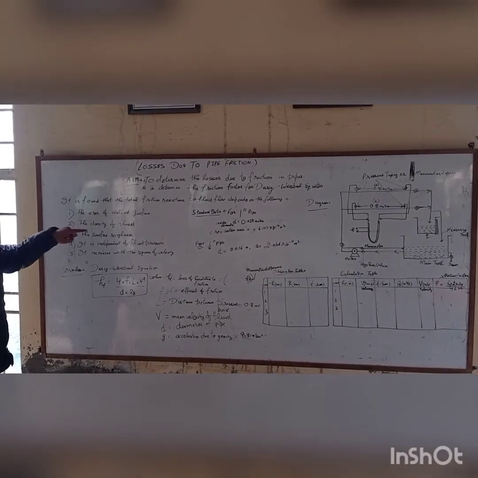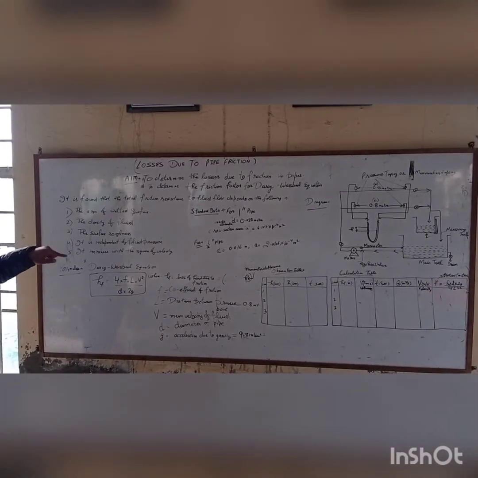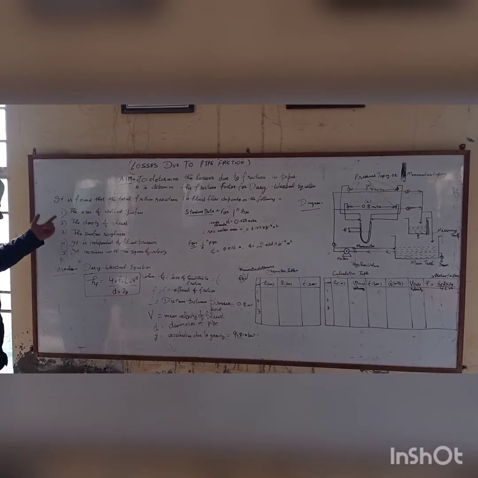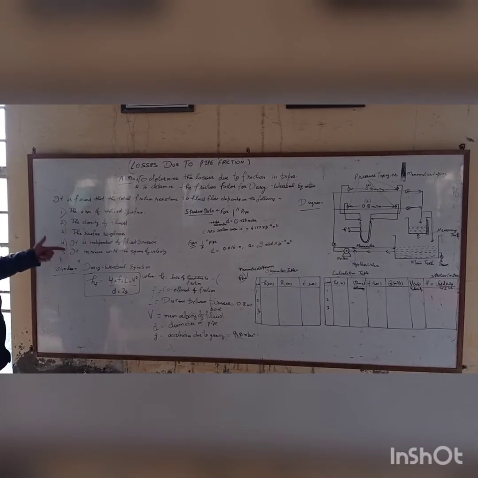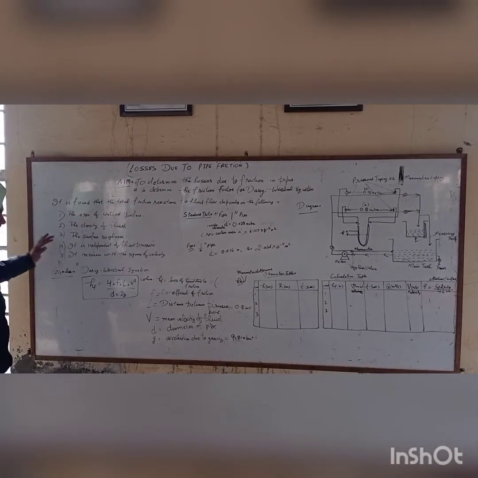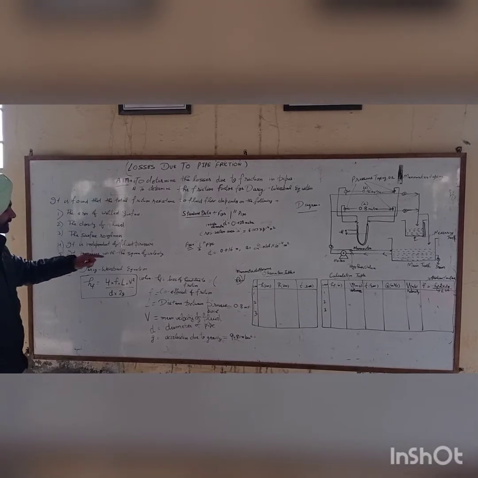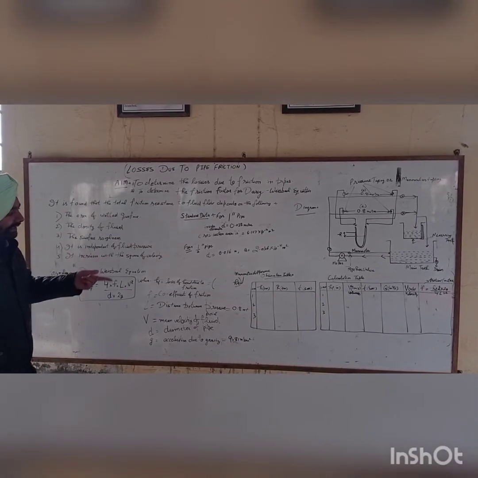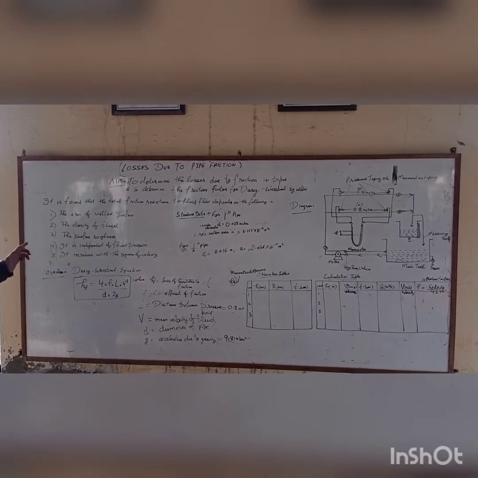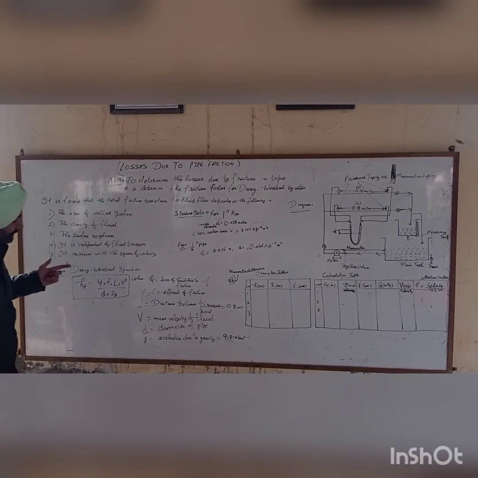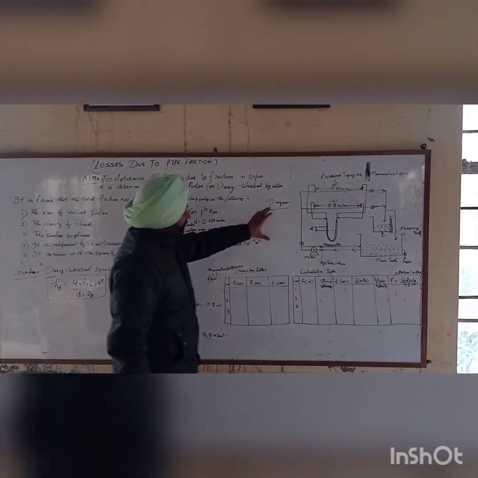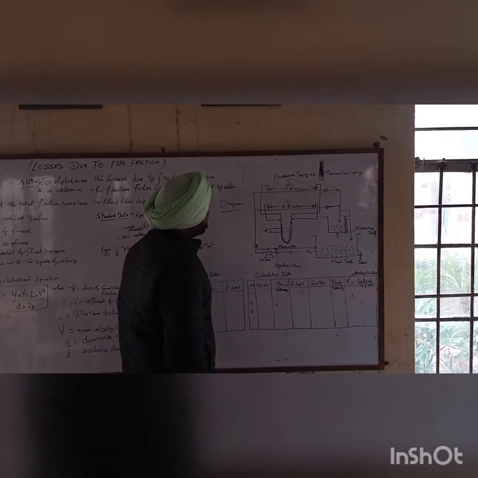Second, the density of the fluid. जो फ्लूइड हम यूज कर रहे हैं इसके अंदर उसकी डेंसिटी. The surface roughness, अंदर का सरफेस और बाहर का सरफेस. It is not dependent on fluid pressure, प्रेशर के ऊपर डिपेंड नहीं करेगा. Increases with the square of the velocity. बट जैसे वेलोसिटी बढ़ेगी वेलोसिटी के स्केयर के साथ में जो रेजिस्टेंस है या फ्रिक्शन है वो कम होगी या बढ़ जाएगी.